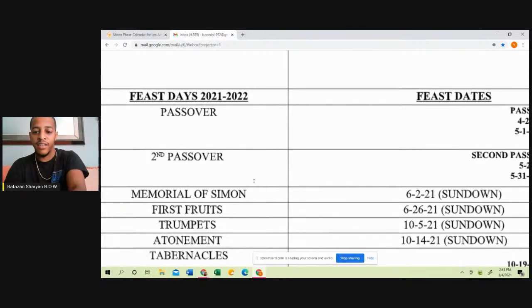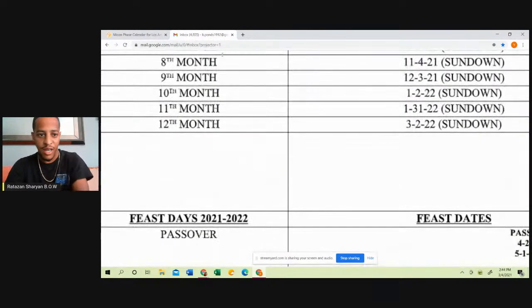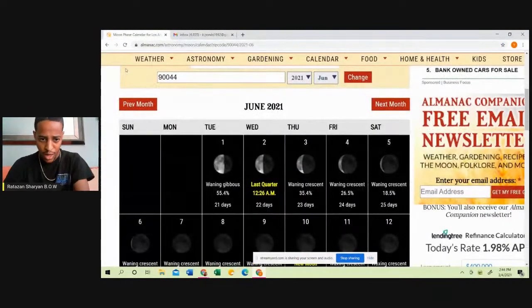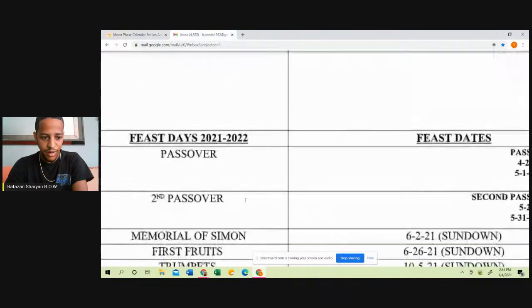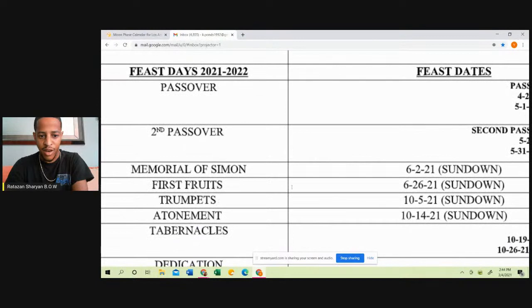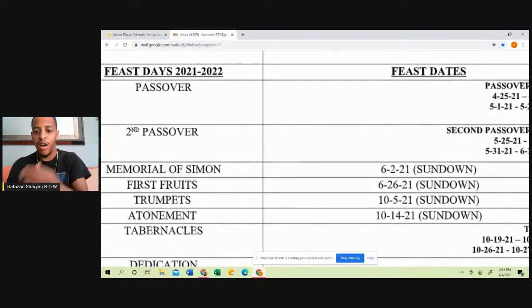You got to go by the moon, not the Gregorian. I was looking at the Gregorian calendar date instead of counting the moon. When you count the moon, the 22nd at even, which will begin our 23rd day, is in June. Okay, so June. So we're still technically outside of the Gregorian. We're still in our 2nd month. So that's my bad, family. So after that, that's the memorial assignment. It'll be June the 2nd, which would be our 2nd month on the 23rd day.